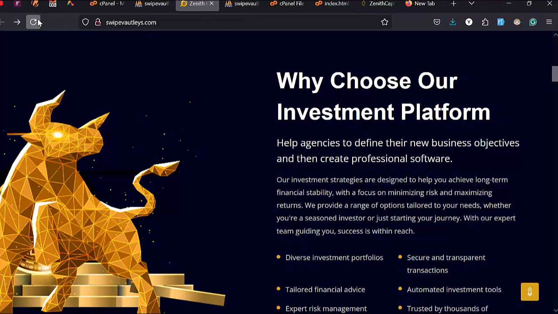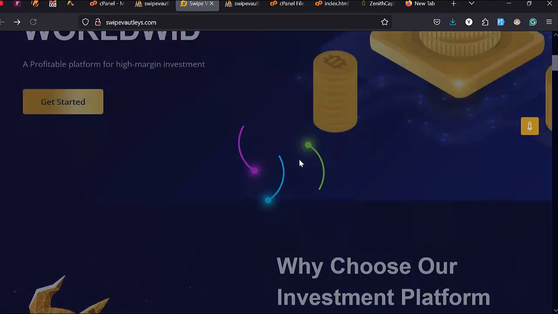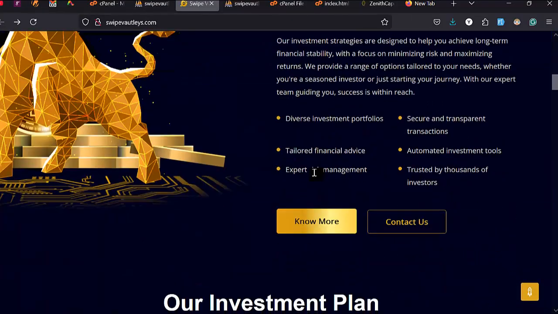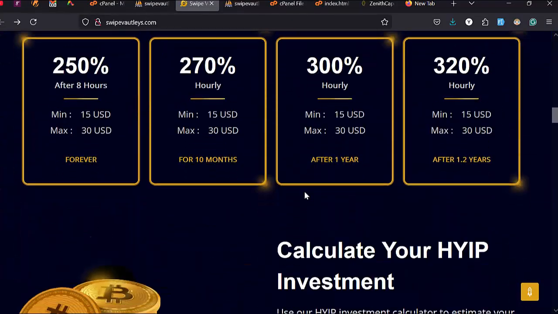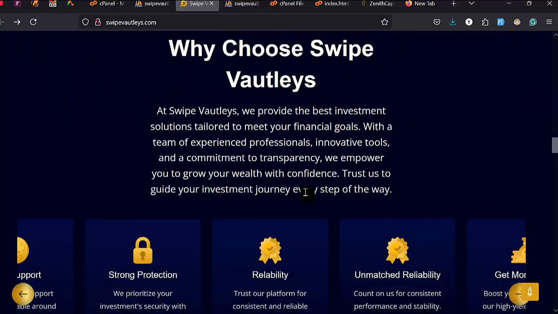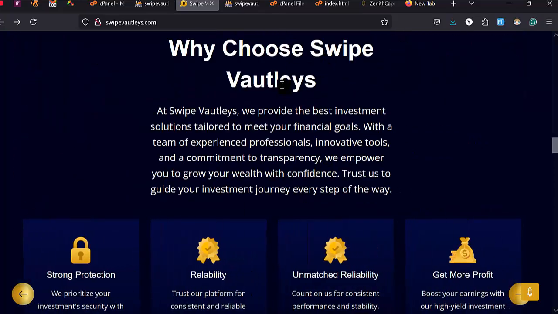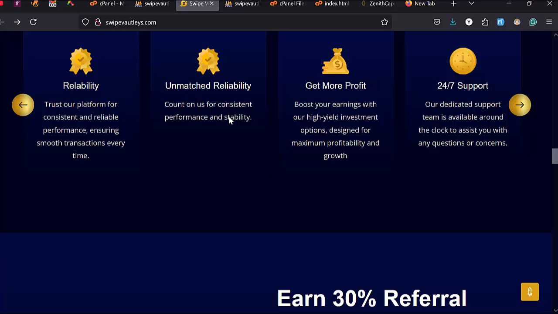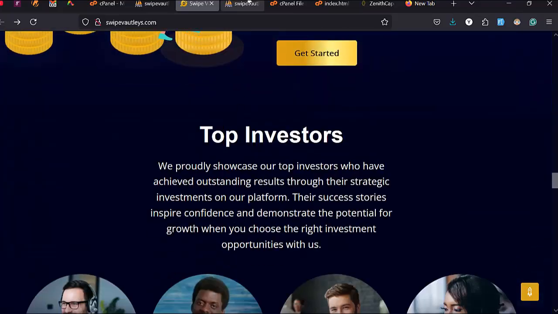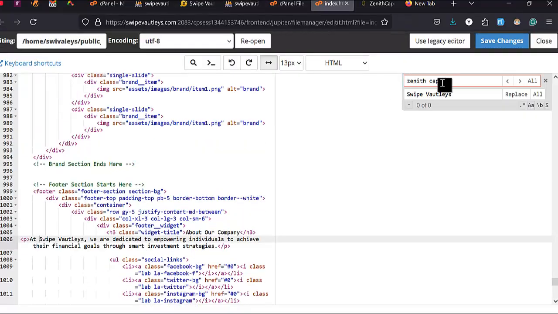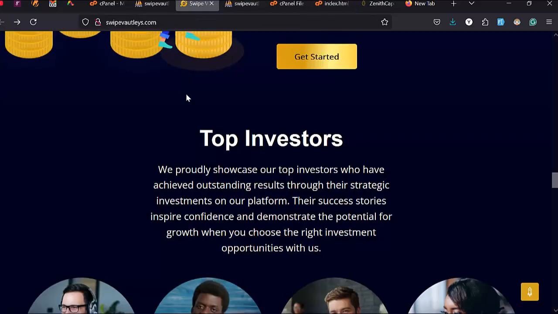And when I go back to the site and I refresh, you're going to see everywhere that had Zenith Capital has changed to Swipe Valley. So that is simply all that you need to do. So let's go back. Let's change the email. Okay, you see it has